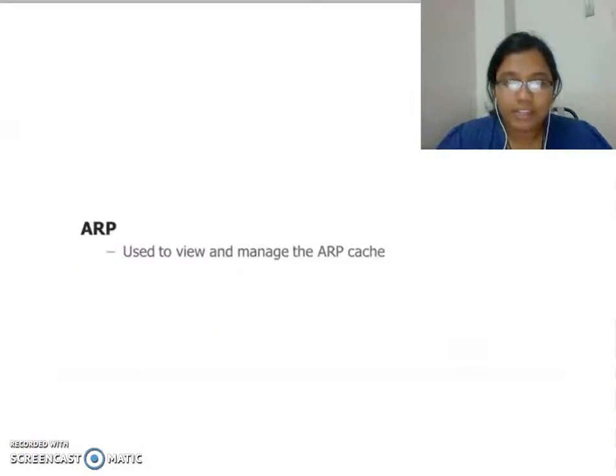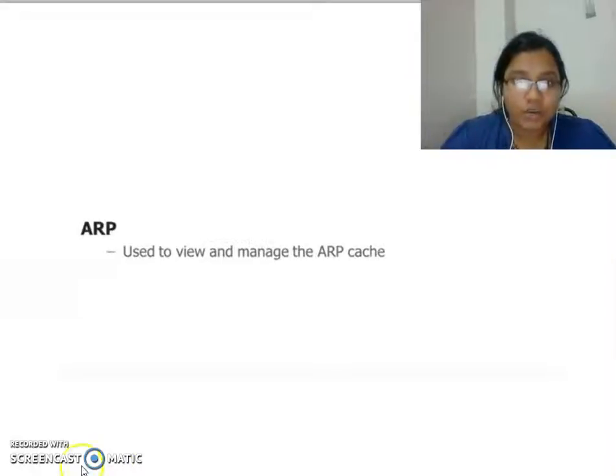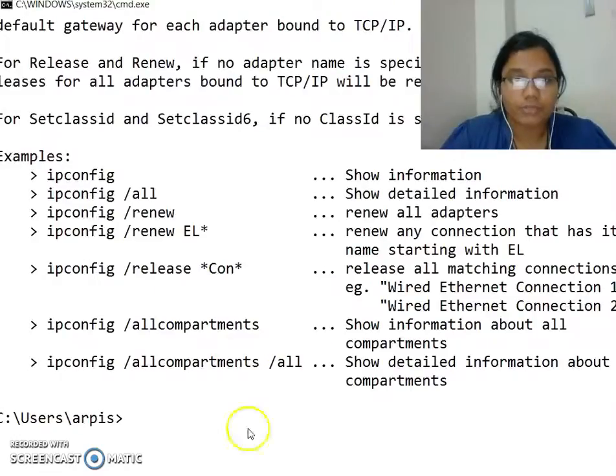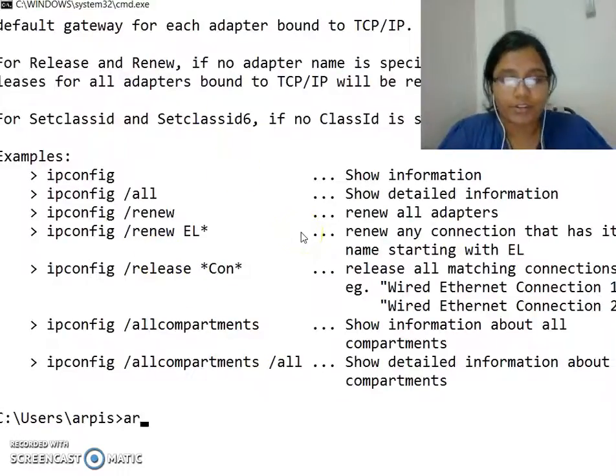Going on to the second command, which is the ARP command. ARP is actually the Address Resolution Protocol. It is not only a protocol, it is also a utility. Here we see the cache which is in your system. For that, I'm now going to open my command prompt and say arp